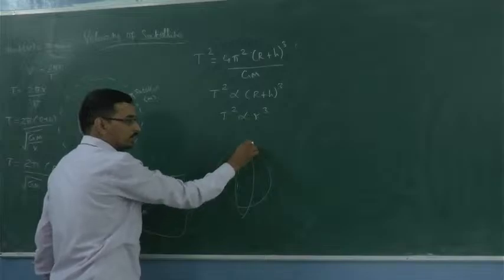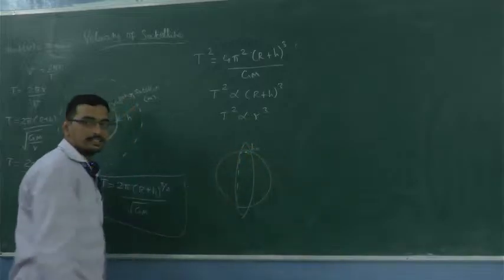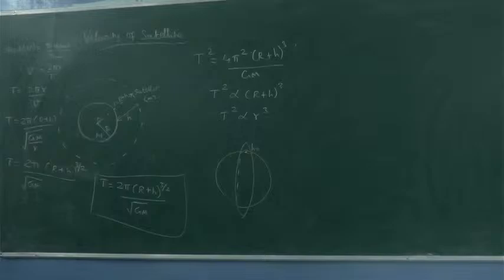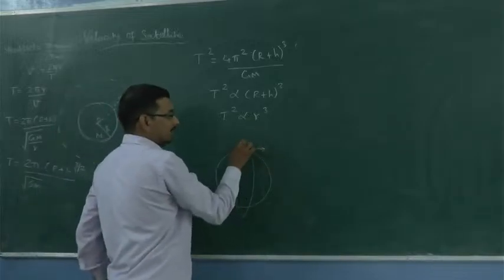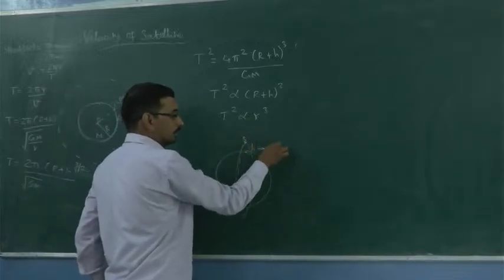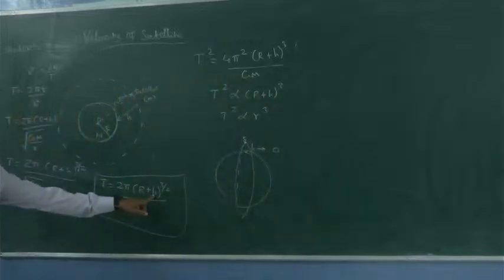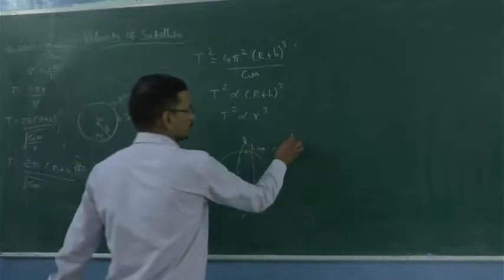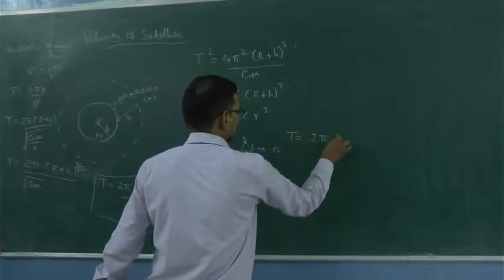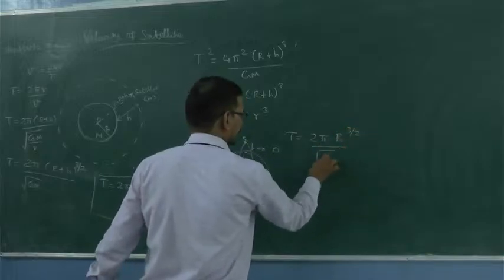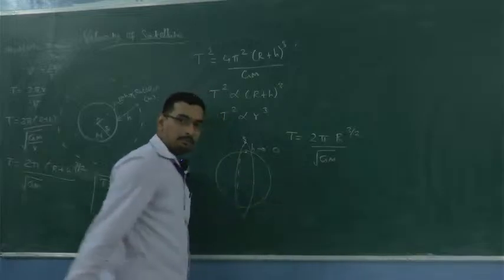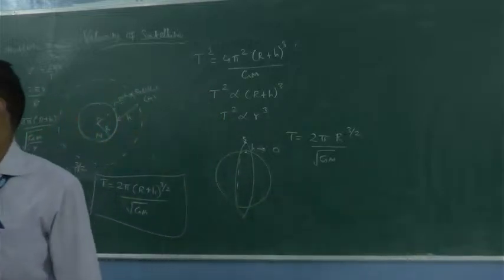A polar satellite is actually located at a very short height from the Earth's surface. In such a situation, h is negligible. If the satellite is here, h tends to 0, so this equation becomes T equals 2 pi R power 3 by 2 whole divided by root of GM. The term GM can be replaced by